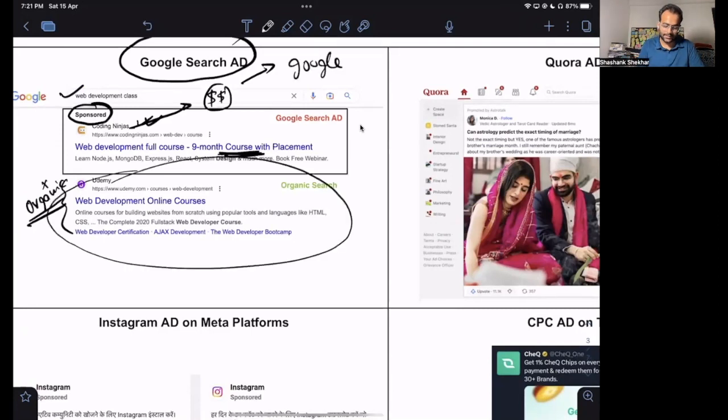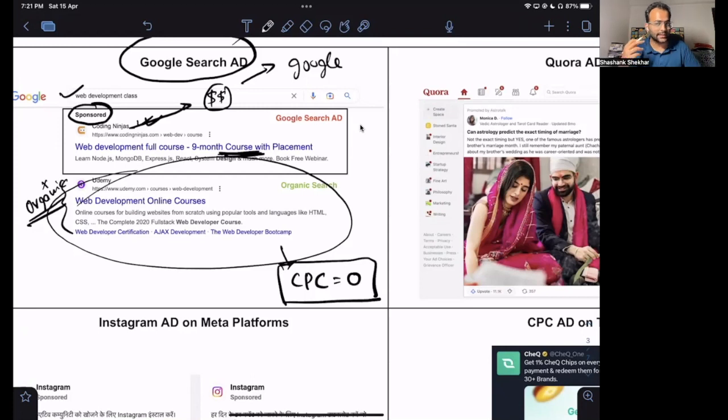But in this case, if you click on it, then the cost per click here would be zero, because this result is coming up organically. So organically means you're not spending money on ads for your company or your web page to be displayed. So in this particular case, we can see a cost per click action happening with Coding Ninjas. Now the cost per click may be $1, it could be $2, or it can be as high as $20. What factors does CPC depend on? We'll get into that. But right now, Google search ad is one example through which we can understand a CPC